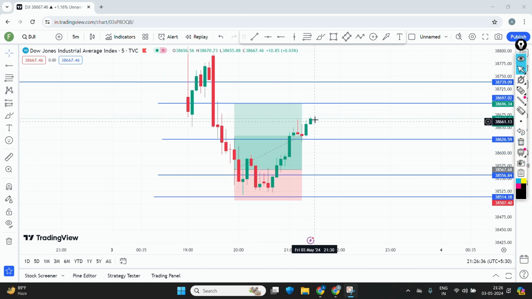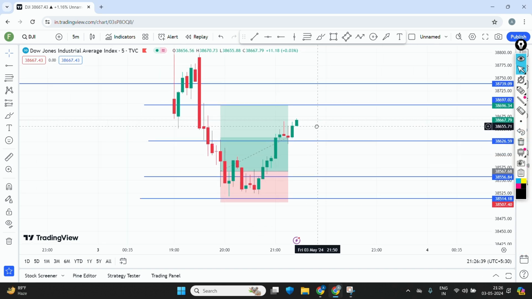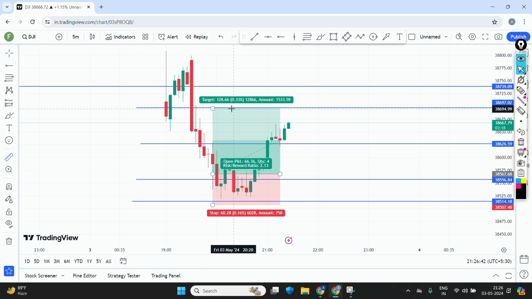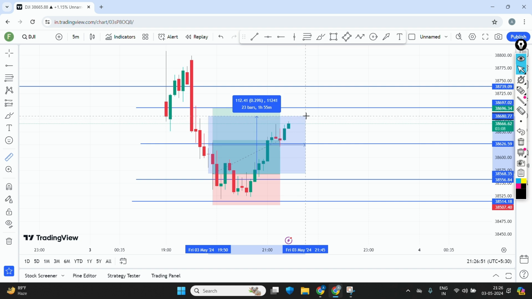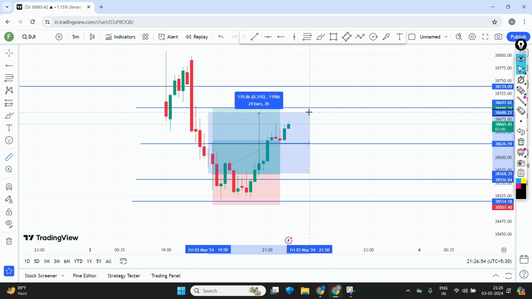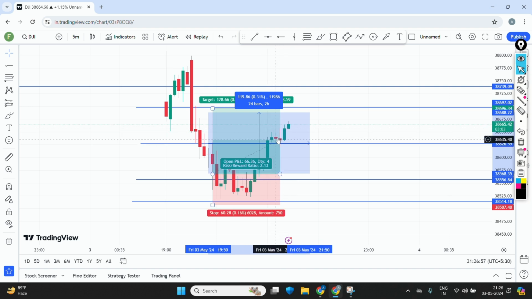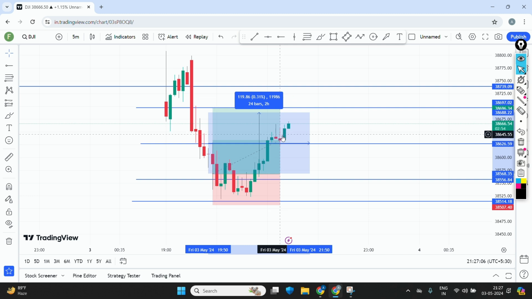The market reached this place and is about to hit the target. As we fixed our target, it should be 120 points, and this is at 128 points, around 130 points. So from this point, 120 points is our minimum. The market is showing bearishness here. As I said, once the market breaks this level, it will take this level as support and then continue upside. So this level is our target level. Let the market reach this level, then we will book our targets. Let's see what the market does here.